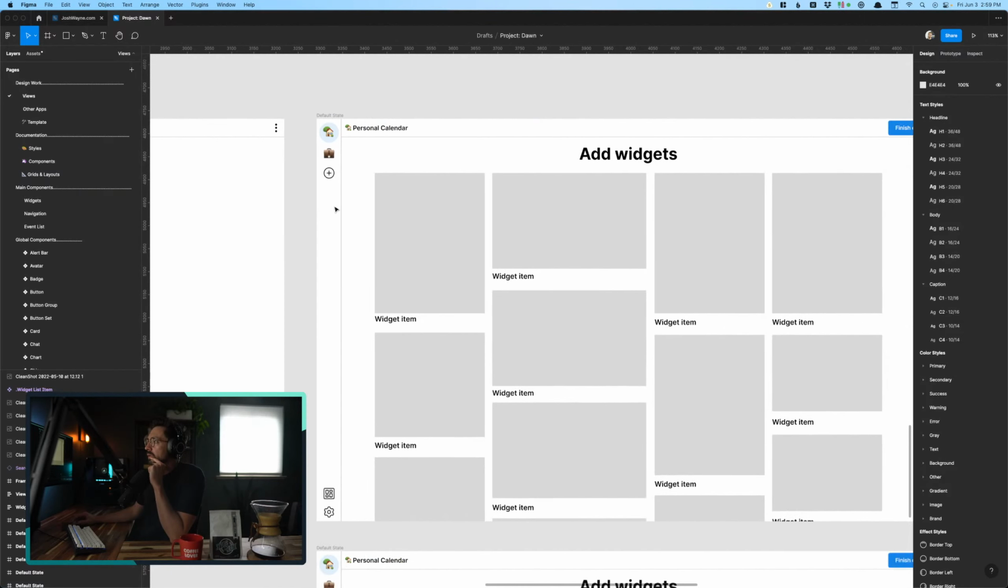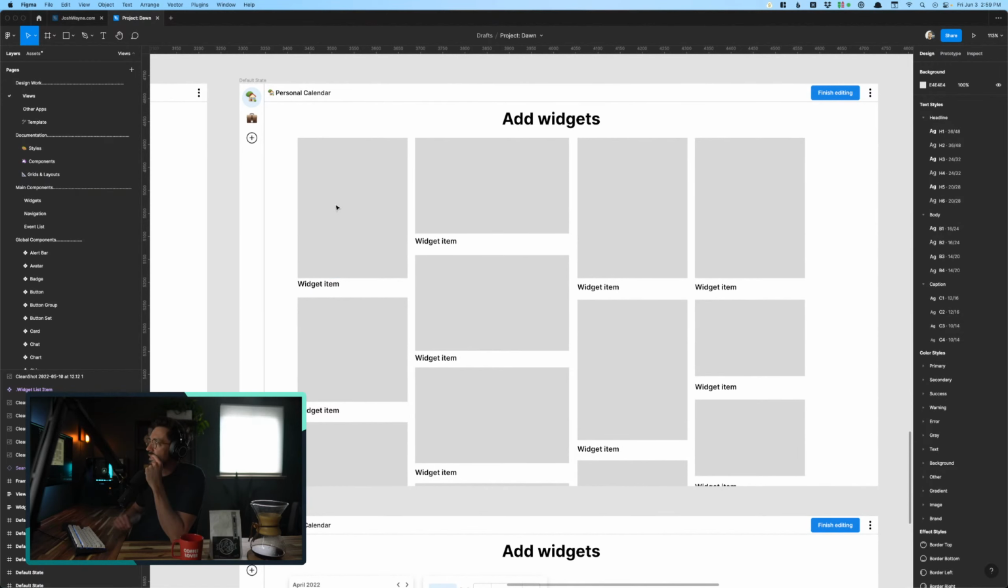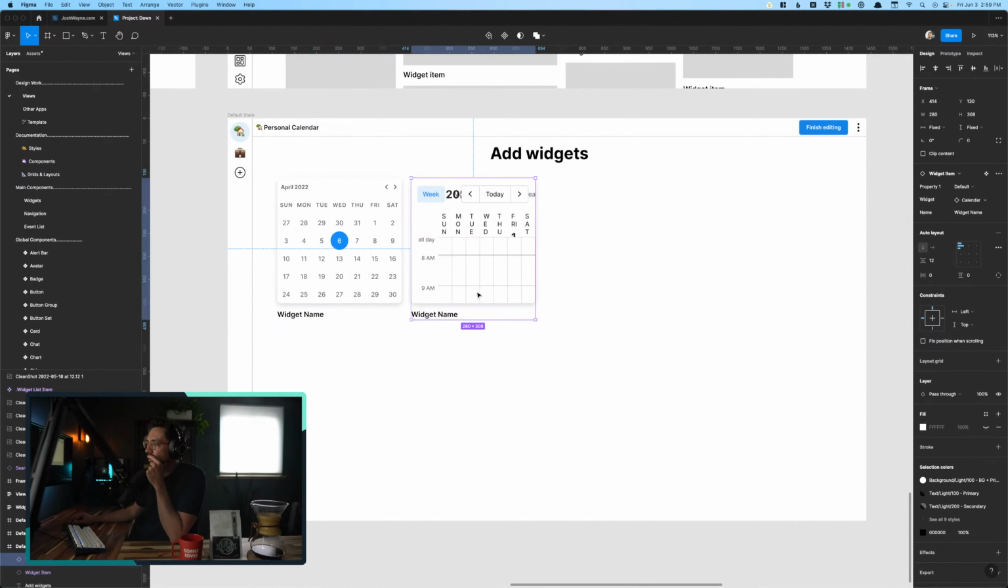So one of the ideas I was playing around with is this idea of add widgets, and it's just kind of a mosaic layout where you have all the different widgets. That was one idea that I was kind of working through. So you can see that this is kind of what it would look like. But the challenge is that